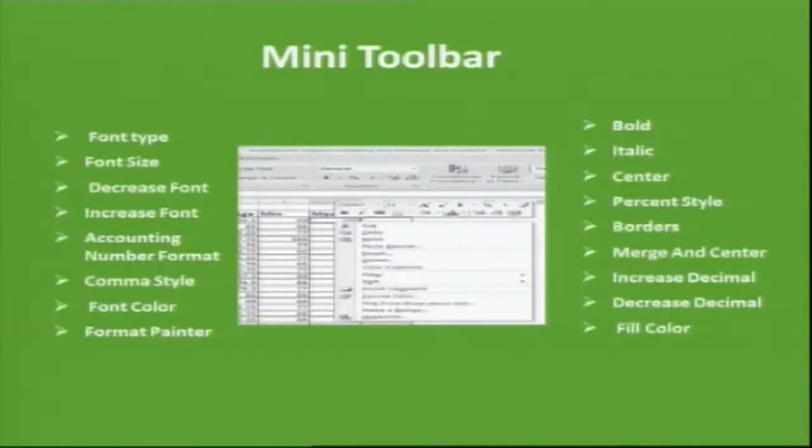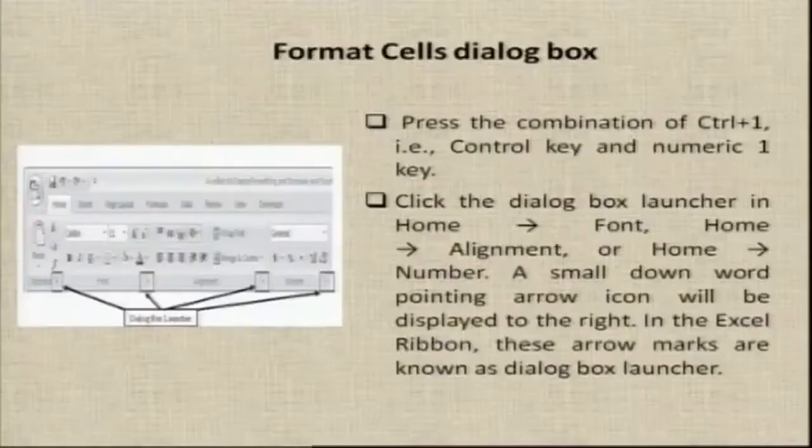So here, when we are applying colors, we have to remember what color of text we are going to use, what the text color is, and what the background color will be. We also have to use only contrast colors. We should not use multiple colors, because then obviously you will not be able to see the data properly. So you have to use contrast colors so that you will be able to see the data which you have entered in the particular worksheets.